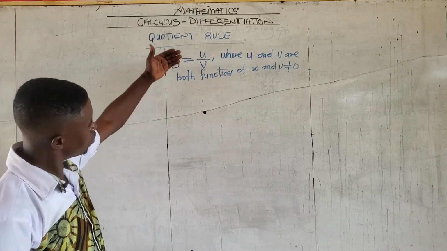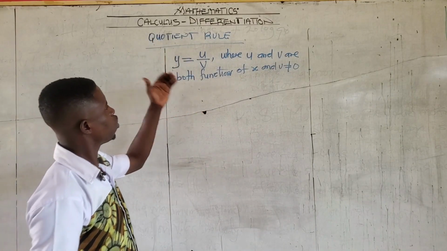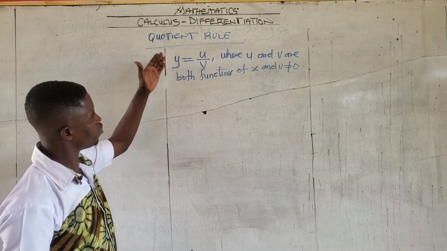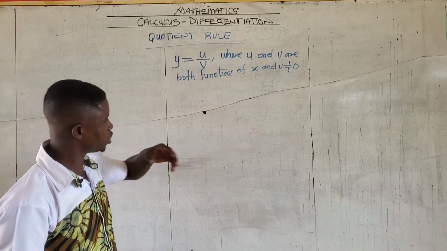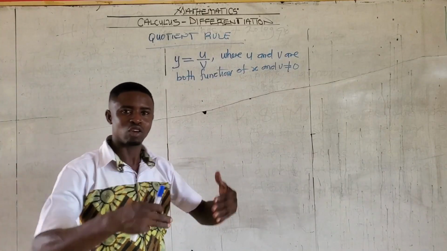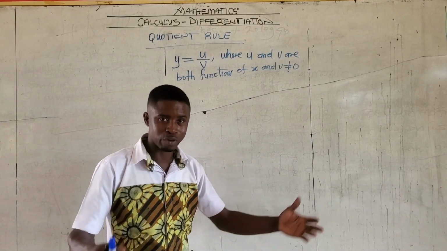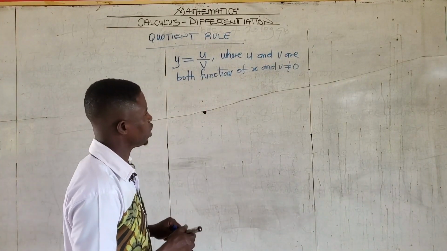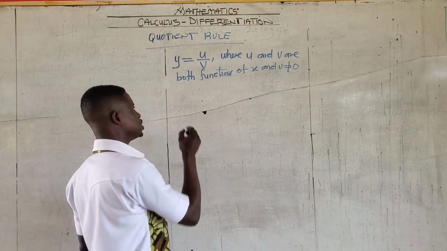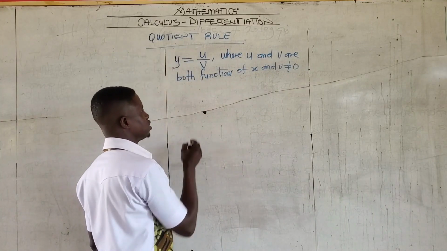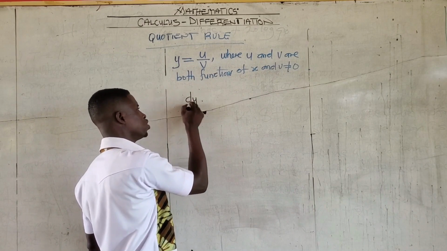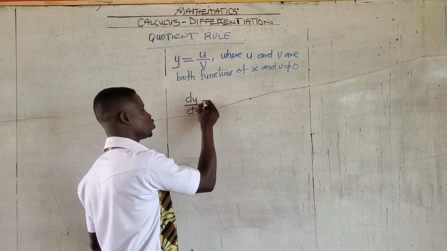When you have equations where y is equal to a fraction that cannot be easily simplified, we use the quotient rule. What is the quotient rule? The quotient rule says that if you have such expressions, then dy over dx is equal to